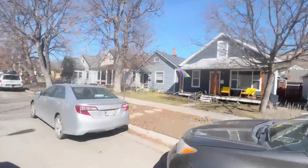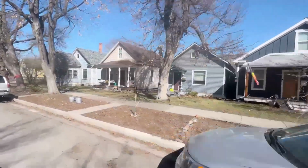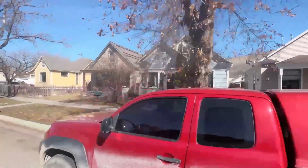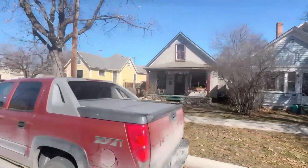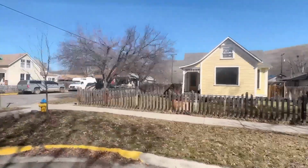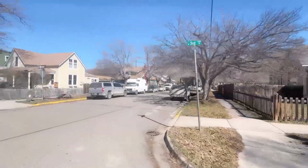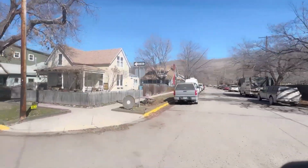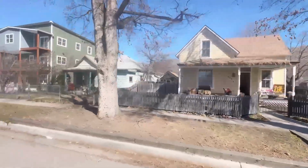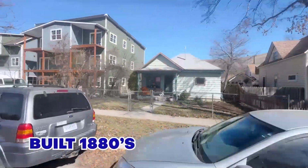The 1883 arrival of the Northern Pacific Railroad. The north side grew with the railroad's early 20th century expansion. Simple housing predominated in the working class neighborhood, which contained few brick homes. So naturally, some of these little frame homes were built in the era from the 1880s through the mid 20th